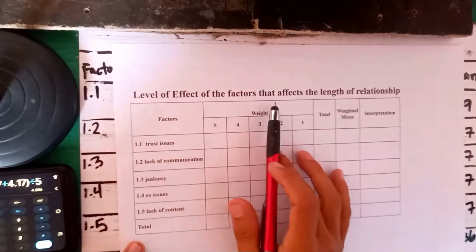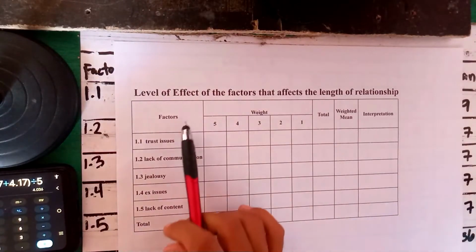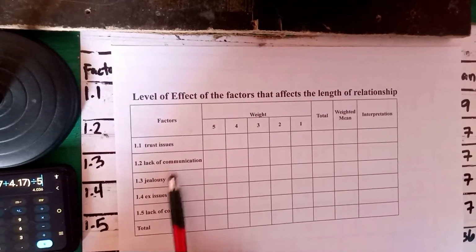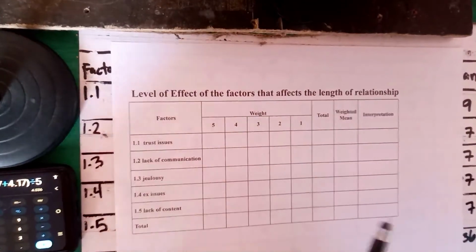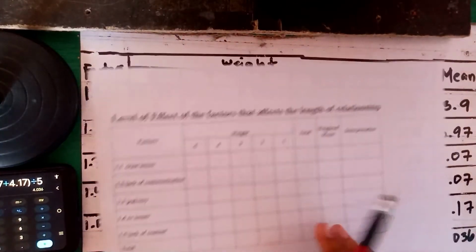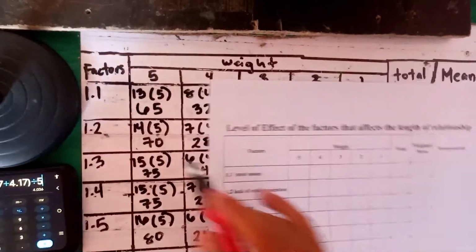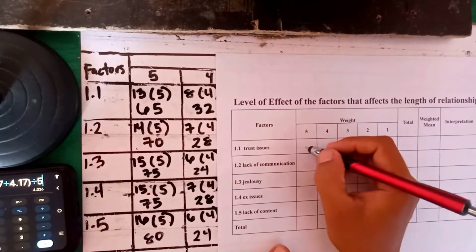Level of effect, the factors that affect the negative relationship. You have the factors: trust issues, lack of communication, jealousy, X issues, lack of content, total, and then yung ating weight, the total, the weighted mean, and the interpretation. So based dito sa ating computation, we have 65,